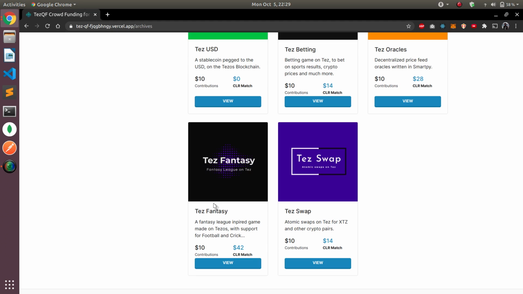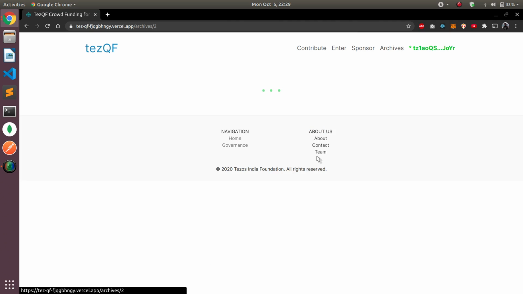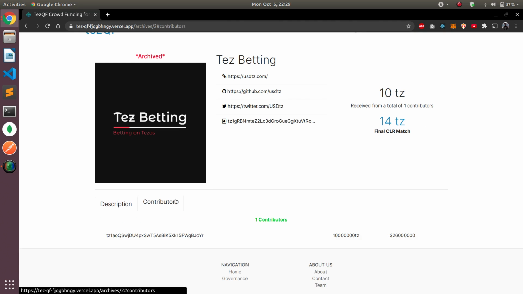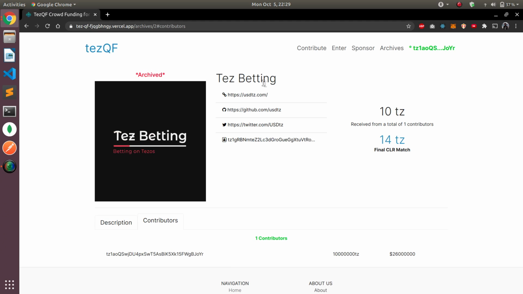The fourth project, that is Test Fantasy, has received $42 of CLR match, while the first project, that is Test Betting, has received only $14. So the reason for that can be seen over here, that for Test Betting there is only one contributor. That means it has very less community influence. Now coming back